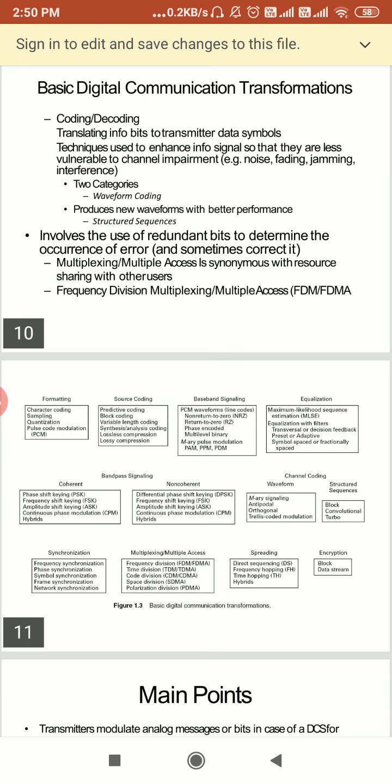So when we are doing analog to digital conversion, we do sampling by using the Nyquist theorem. It means we require a sampling rate greater than or equal to twice the highest frequency of the signal.